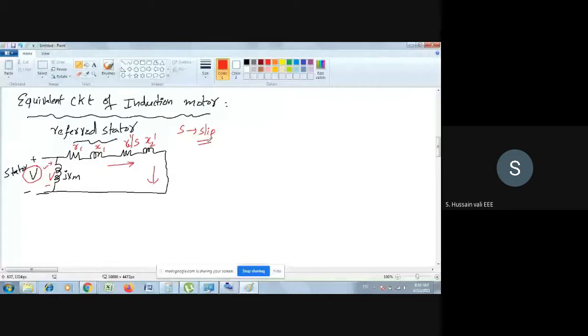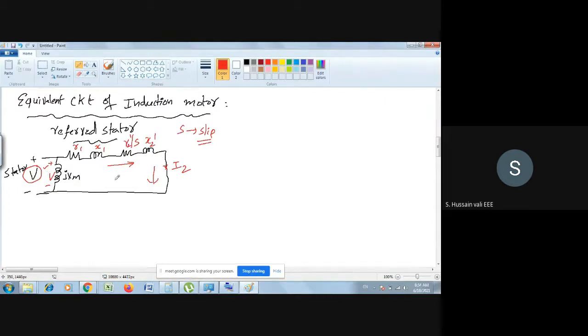So the equivalent circuit I have drawn right now. And then what do you find out here? Okay, so I will take this current as I2. Sometimes I2 I will take. Okay, and this is the